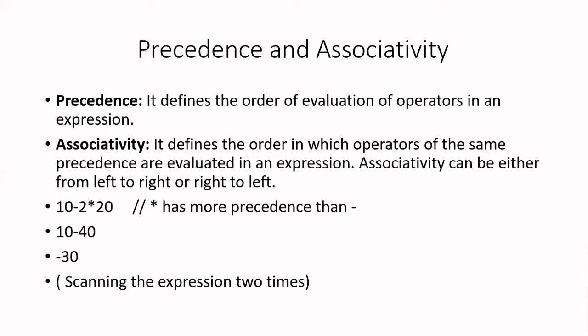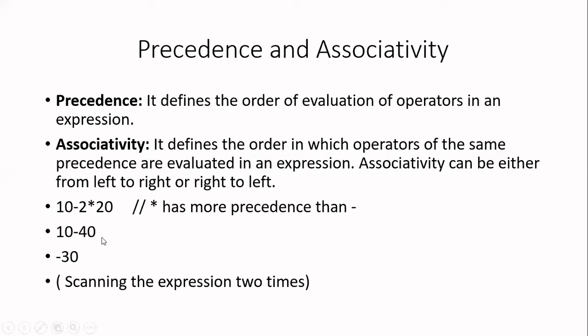Okay, now let us consider one example to understand this. So here I have the expression as 10 minus 2 into 20. Here I don't have any parentheses, but I want to evaluate this expression without ambiguity. So we have two operators in this. One is minus, another is multiply. You have to see the priority of precedence first. For the multiply operator, the precedence is more when compared to the minus operator. So you have to evaluate multiply first.